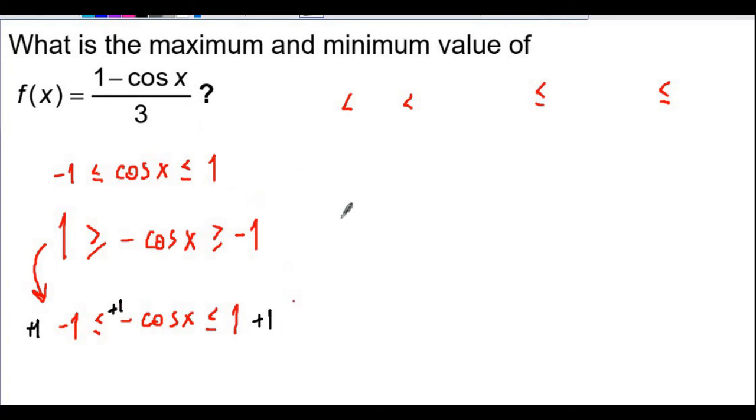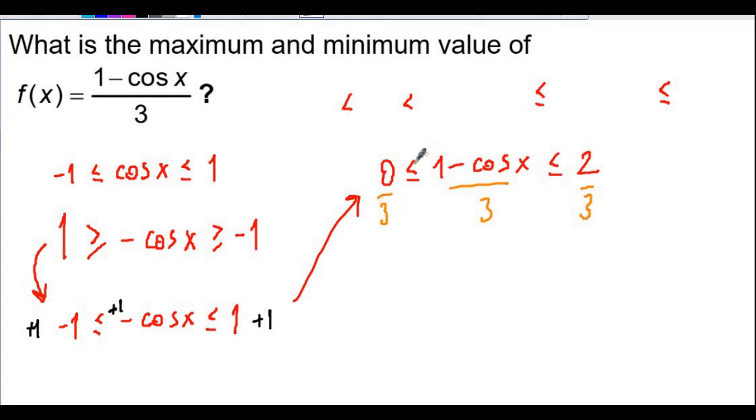So I'm going to get 1 minus 1 is 0, less than or equal to 1 minus cosine of x, less than or equal to 1 plus 1 is 2. And I got 1 minus cosine of x. Now I have to divide by 3 because I want to get 1 minus cosine of x divided by 3. So if I divide all these sides by 3,